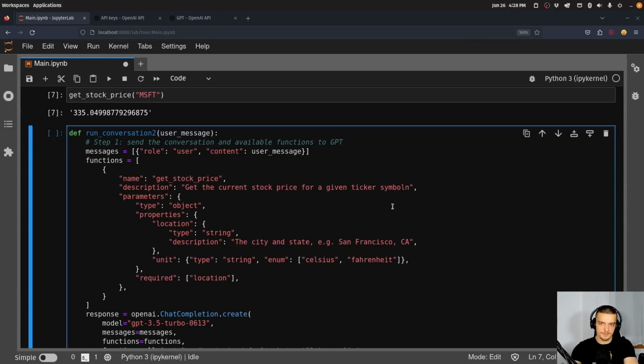Now, ChatGPT might be intelligent enough to realize this on its own, so we don't necessarily have to say that. If we know that we're asking for a stock price, it will probably use this ticker symbol right away, but still it makes sense to be explicit here. So, of a company,